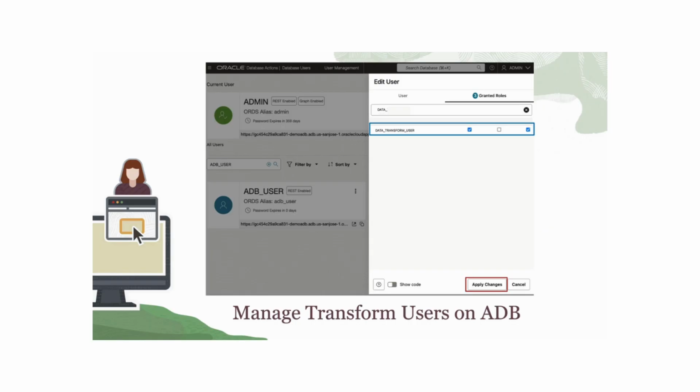Users who want to use the built-in Data Transforms tool need an additional role called DATATRANSFORMSUSER. Select the role to grant to this user. And then click Apply Changes. So to wrap this up, you now understand how to change the password for the admin user in the Autonomous Database, how to create a user,